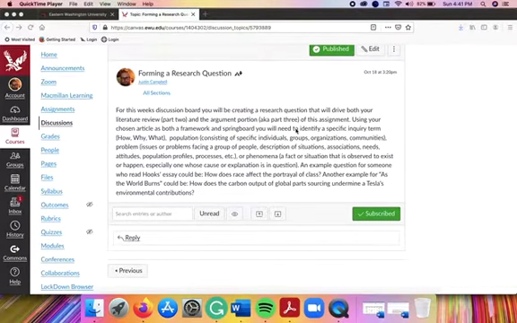So a good possible one would be: how does the carbon output of global parts sourcing undermine a Tesla's environmental contribution? So that could be where you start, and then based on that, you could write a paper arguing that given the global cost of creating parts for an electric car in America, the output of carbon for that is so bad, we should stop making electric cars.